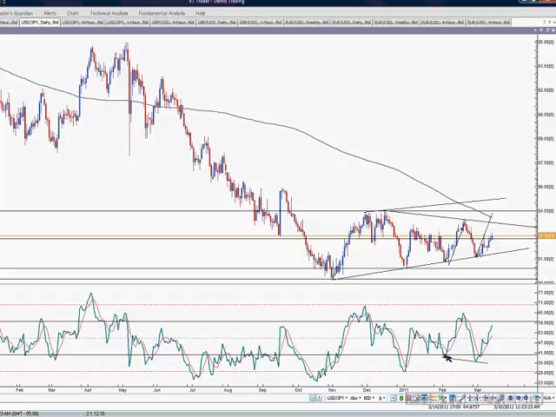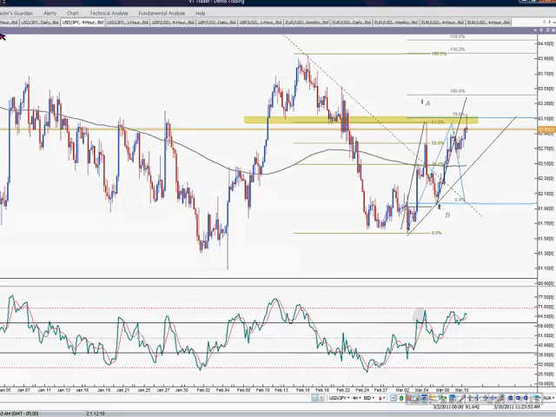Now, this isn't as strong a signal as if this RSI was coming down from above 70, because that would have shown that we have bullish momentum. Right now we don't have that bullish momentum, so it's not as strong. But nonetheless, when the market is bullish here, we're looking at a swing projection, with some challenge from the descending resistance.